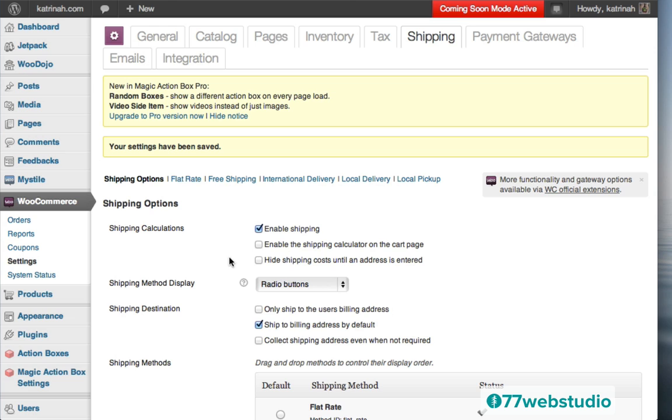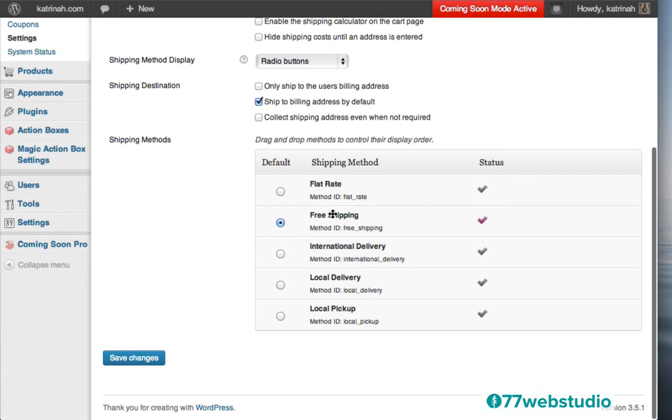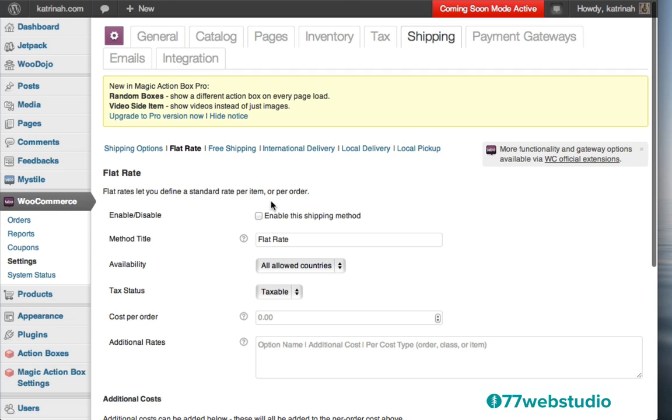Once the shipping options have been saved, you just want to make sure you go through each of these different screens and make sure they're not enabled. So we see here that the only shipping method that is enabled is purple, but if you happen to see that flat rate has a purple check, or maybe these other types of shipping method has a purple check, that means they're enabled, and to turn them off you need to go to the actual screen by clicking on the link for it. So I'm going to click on flat rate as an example, and here you see it is unchecked. So if you see that this is checked, you want to uncheck it, and once again that's also if you want to offer free shipping.